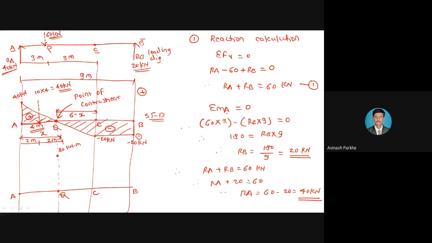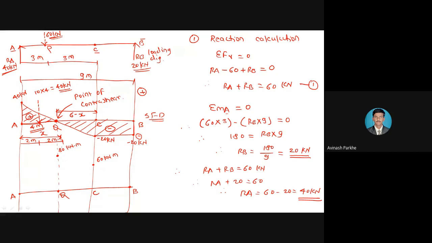Bending moment at point C is 60 kilonewton meter, and bending moment at point B is equal to 0. So these are the 2 points. But in case of a shear force diagram, the UDL can be replaced by the inclined line. You can see in the figure. From point A to point C, UDL is there, and that UDL can be represented by the inclined line. You can see from this particular point A to point C, I have drawn the inclined line.